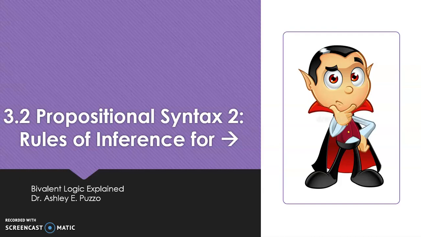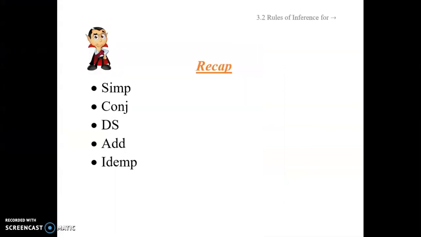Welcome to our second video on propositional syntax. This is section 3.2. We're going to keep going over some rules of inference. We're just going to keep introducing these syntactic rules. And today we're going to be covering the rules of inference for the material conditional, or the arrow. Let's rock. Alright, so I want to start off this video talking about the rules that we introduced last time,